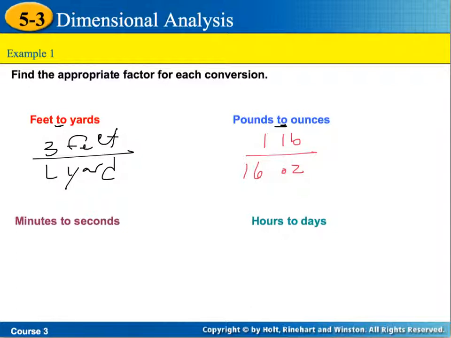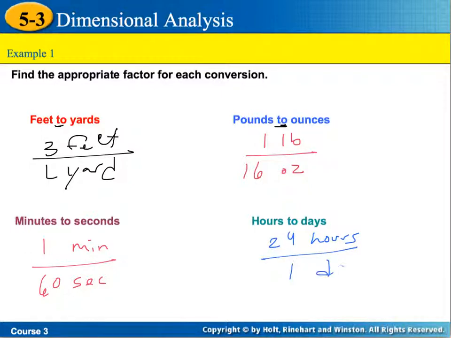Okay. Then minutes to seconds. How many seconds are in each minute? Well, 1 minute has 60 seconds. Okay. Last but not least, hours to days. How many hours in each day? 24 hours